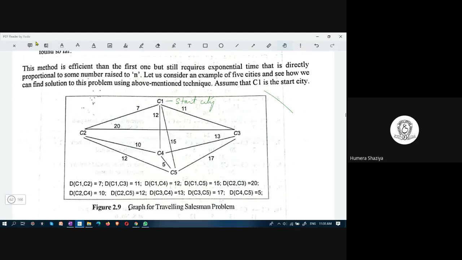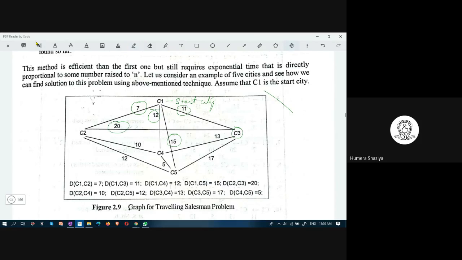So distance between C1 and C2 is 7. C1 to C3 is 11. C1 to C4 is 12. C1 to C5 is 15. C2 to C3 is 20.